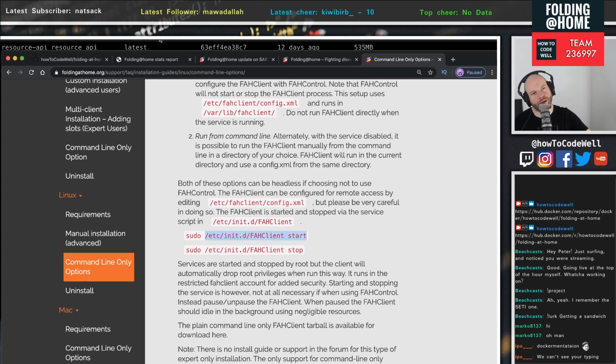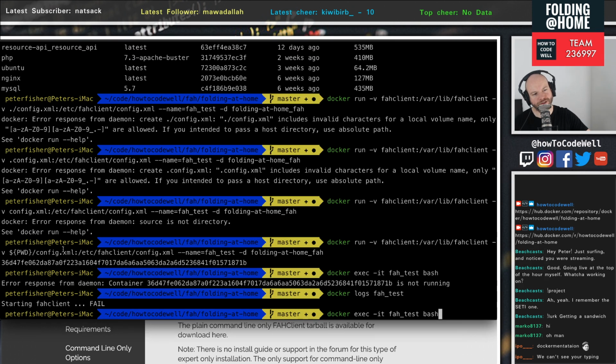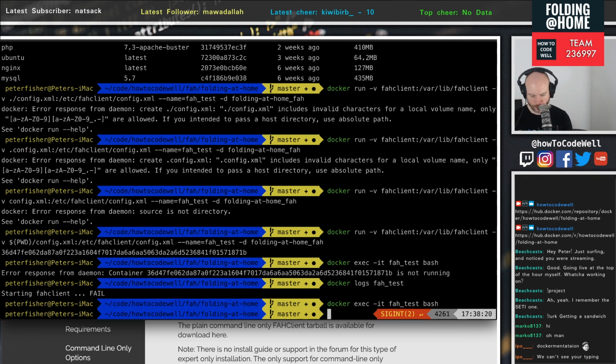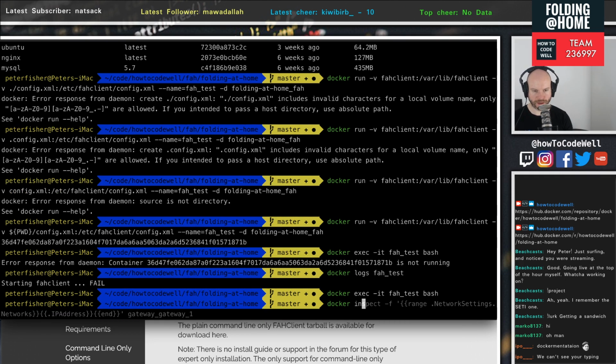However, having that error saying it's failed means it has tried to start and then failed. So before we panic, let's do a Docker inspect